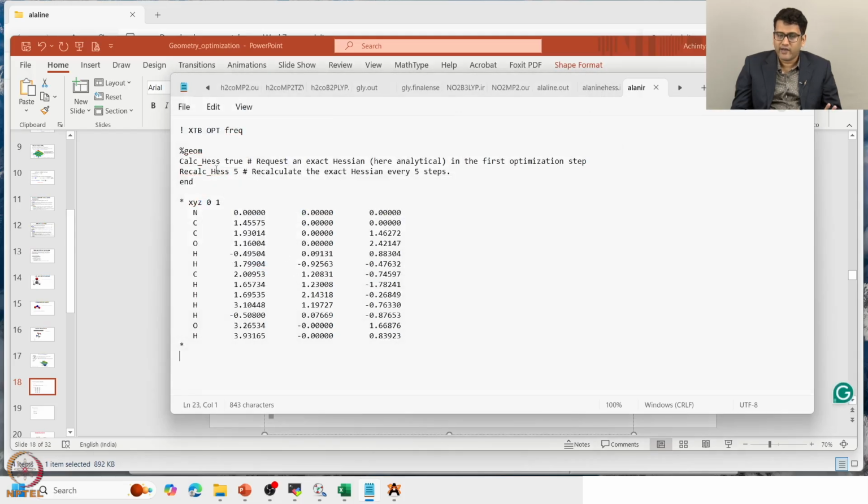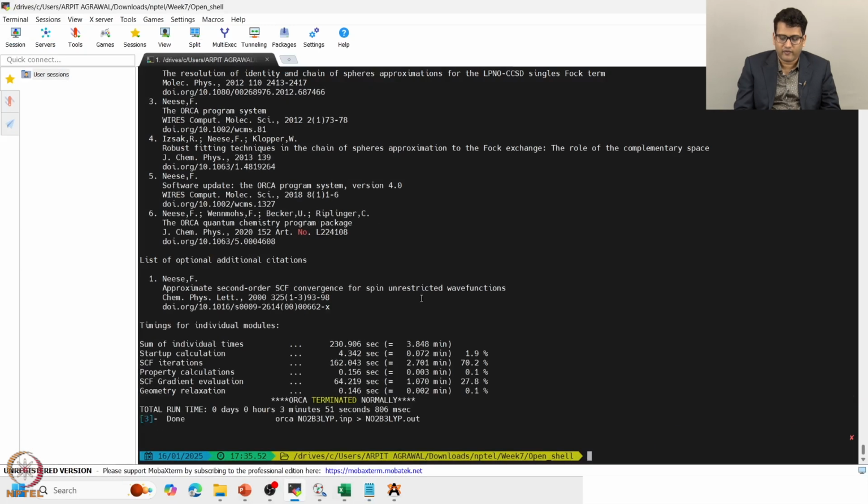So, now see I am recalculating the Hessian at each 5 steps, and initially you also calculate the Hessian, and of course I am calculating the frequency. So, at the end there will also be a Hessian calculation. Now, if I calculate this one,